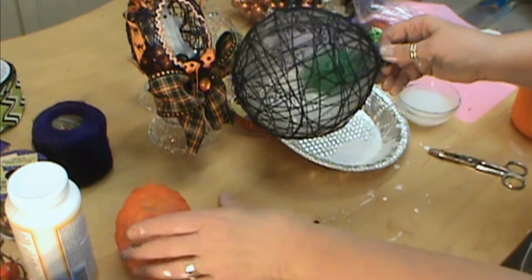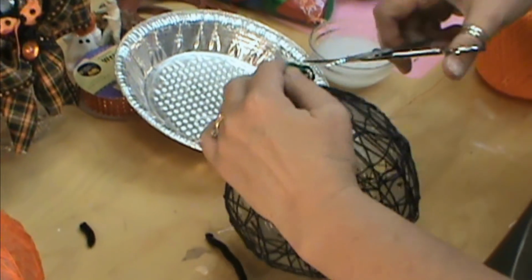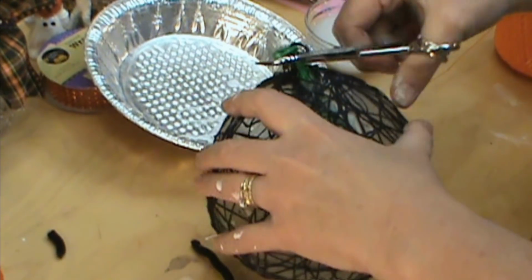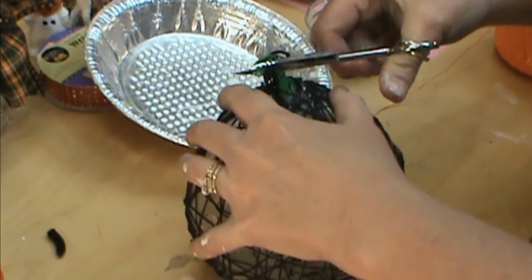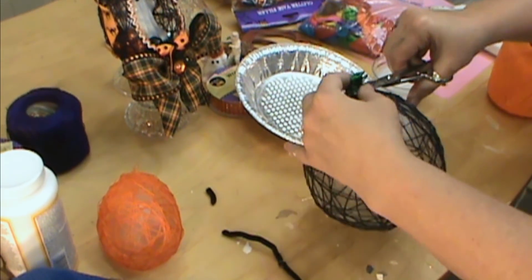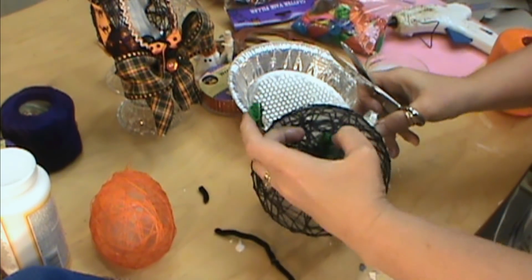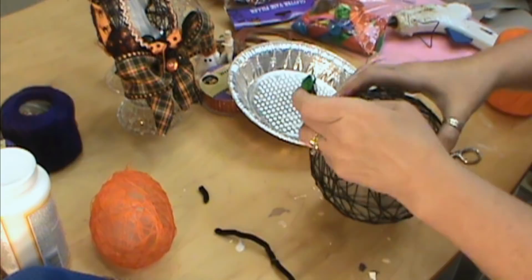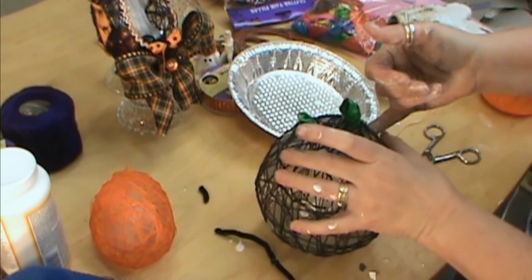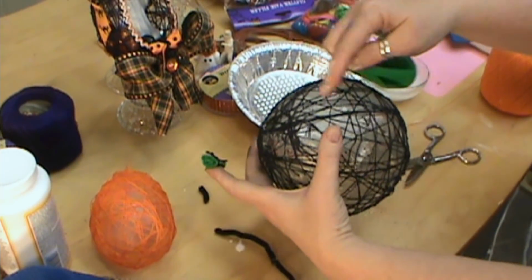So here is a bigger one I've done, and sometimes it is hard to get it off of that balloon area. And if you hear these crunchy noises and everybody starts to freak out because they don't know what that is, that's your balloon pulling away from your string. And don't worry about if you can't get it up there, because by the time we cut the hole